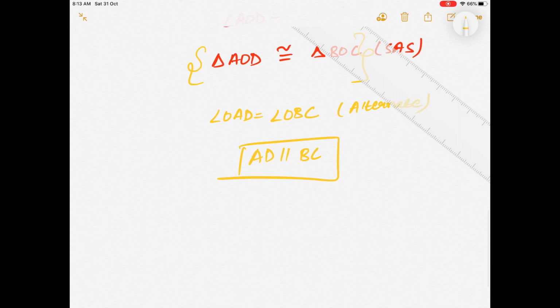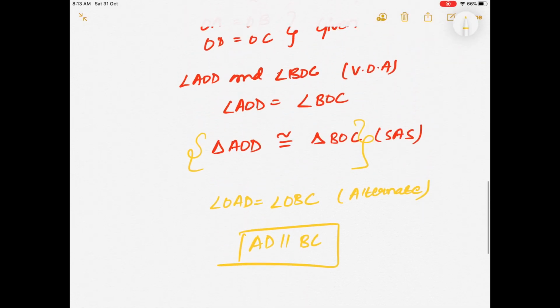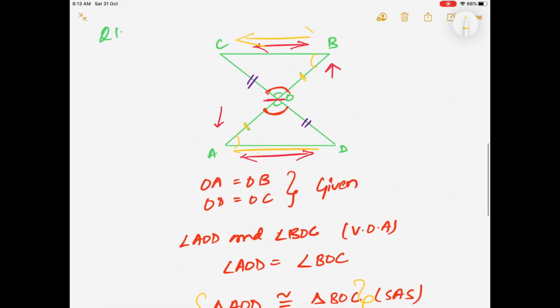So with the help of these rules, we can prove two triangles are congruent to each other in a simple manner. If you prove that two triangles are congruent, all the corresponding parts will be equal to each other. So this is the basic need of the rule, to prove congruency of two triangles.